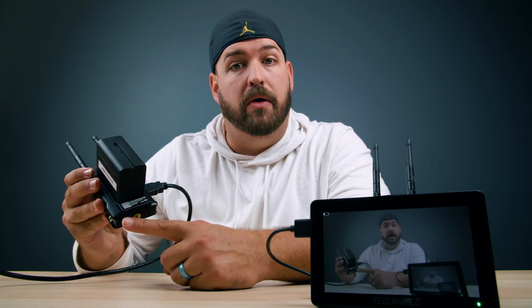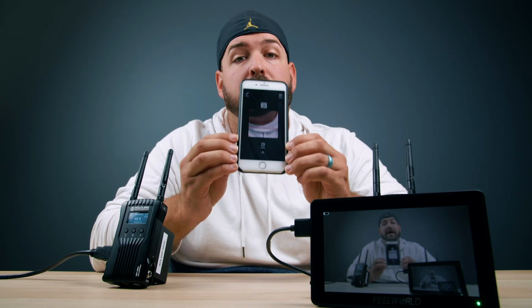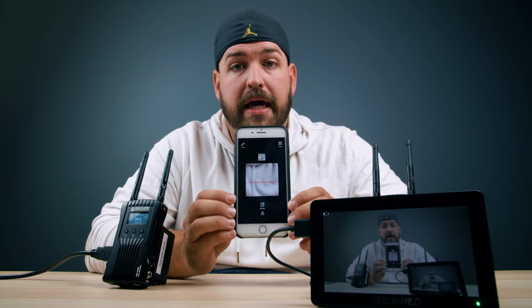But one of my favorite features of this whole thing is going back to this QR code we were talking about before. On the back of the transmitter, underneath the battery, there is this QR code, and that works directly with Hollyland's app. Hollyland makes an app called HollyView, and when you load the app up, let's clean off this screen. Gross. When you load up the app, it will pull up this little screen here,